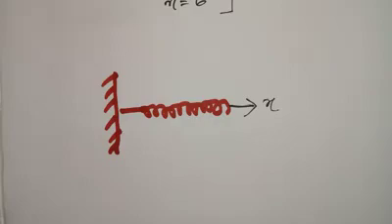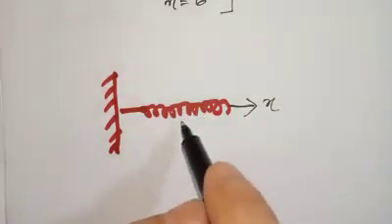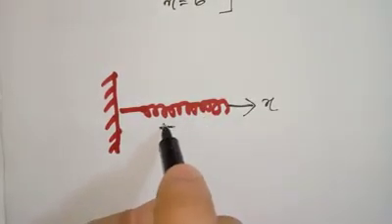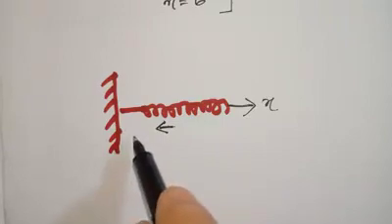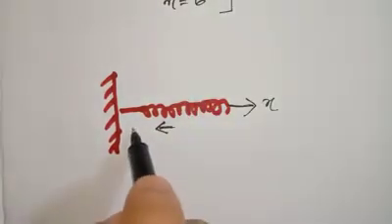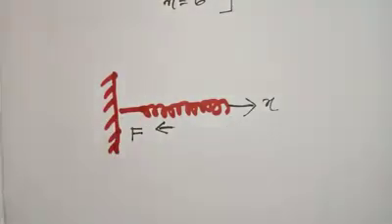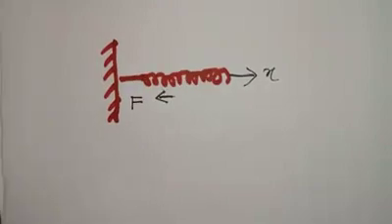Remember one thing, if you have done it practically, when you pull the spring this way, the spring is also pulling you in this particular direction. So if you are applying a force over this part which is causing the displacement, there is also a force happening in this part. This is nicely attached to the wall.